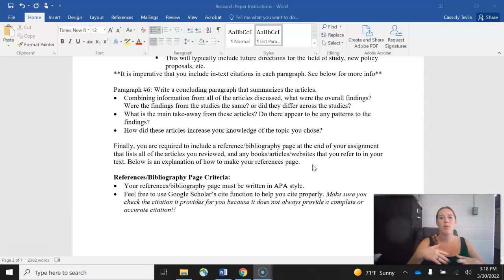So, we want to talk about the differences in the study, and if there are big differences, take a stab at why you think that's the case. Maybe it's the samples, maybe it's the location, tell me why you think there's major differences. You want to talk about any patterns that you found in the research, and then at the very end you want to discuss,